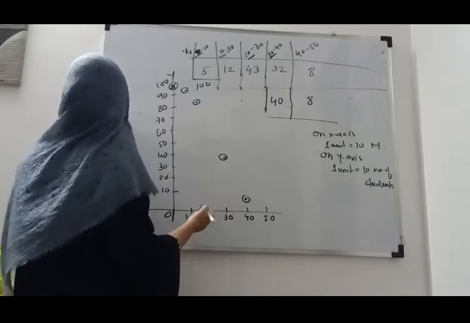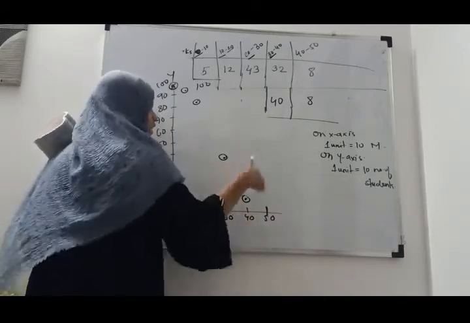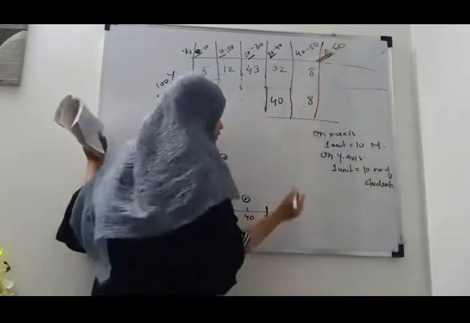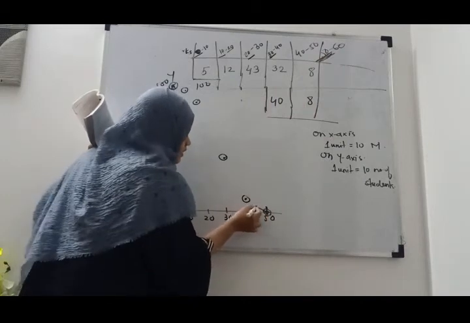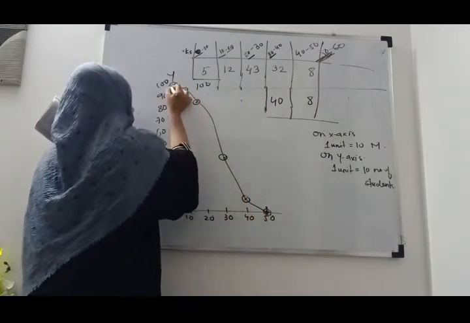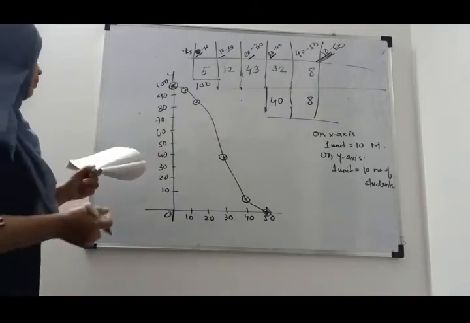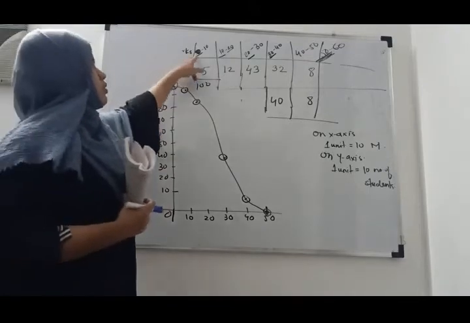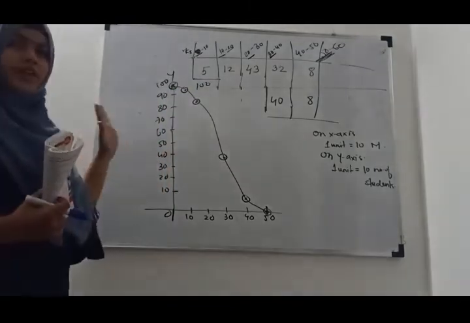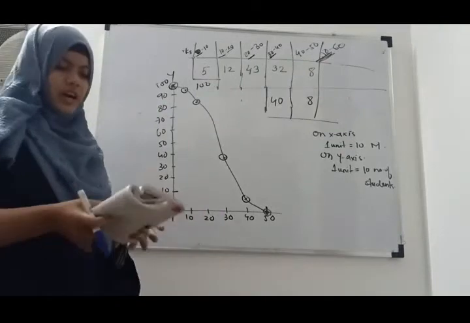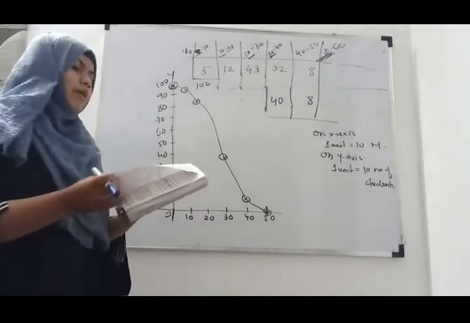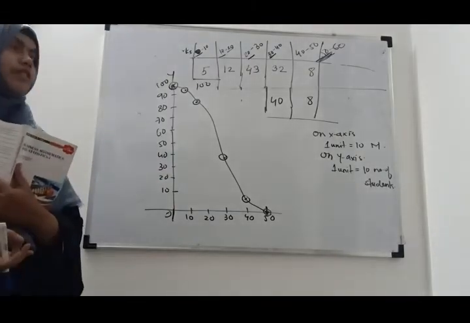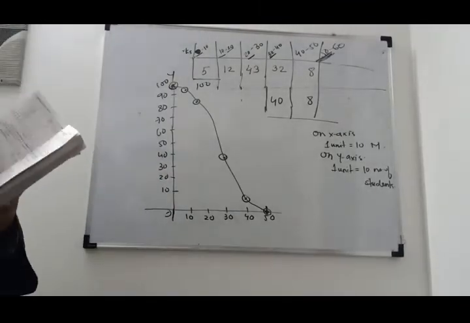Okay, and now we will take the next class, that is 50 to 60, and the lower limit of this is 50. For that, frequency will be 0. So this is your more than frequency curve. Here you have to start with the 0 because 0 is the lower limit. Whatever your lower limit is in the first class, you have to start with that. So this is about the 4 types of graph: first one is histogram, frequency polygon, frequency curve and the cumulative frequency curve.